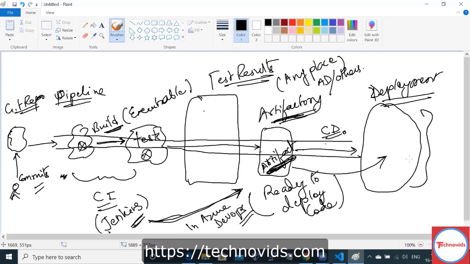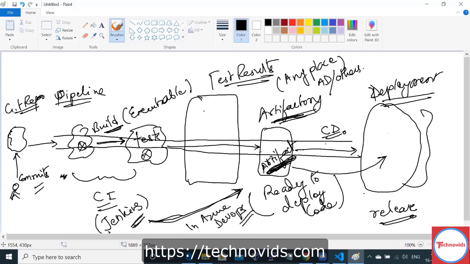Now you have a new release that is ready to go to production. Or even suppose this is your production, then the artifact will come right here. Right after test, your artifact will come. The artifact will be tested, and after testing, your artifact is ready. Then this artifact as a release will be deployed to a production environment.